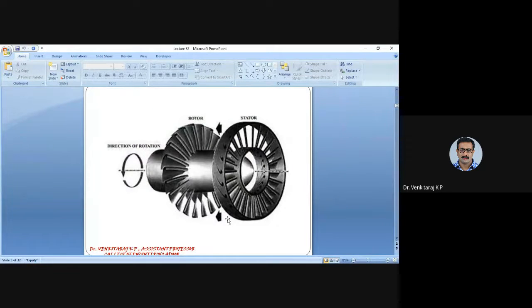And the slide you see now is an exploded view of the stator and the rotor. The rotor blades have aerofoil shapes, and do you know why these blades have aerofoil shapes? In order to reduce the frictional drag, they normally have the aerofoil shape. They are aerofoil shaped blades, and you can see that.